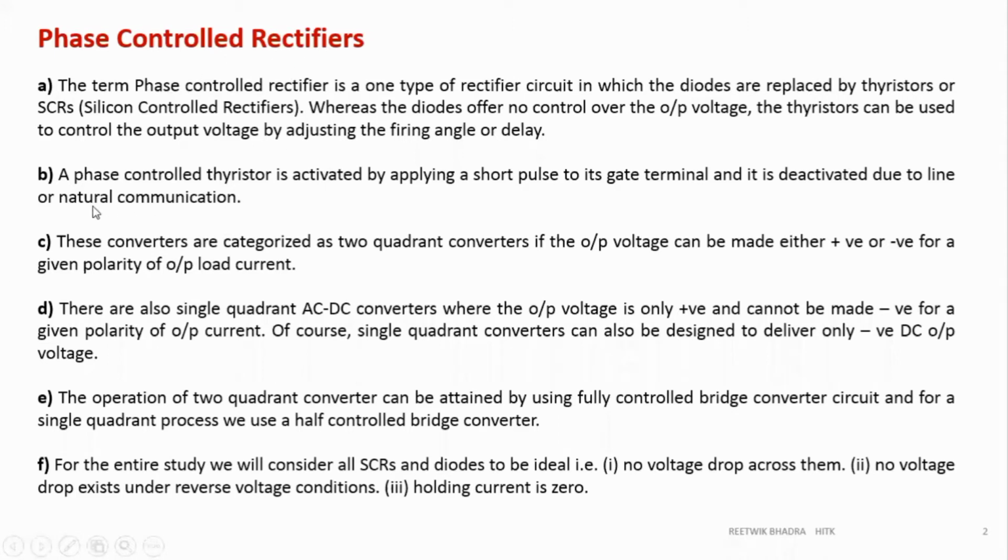This type of converters or rectifiers, sometimes you may hear this word converters. You always use the term rectifier, but don't get confused. We can use the word converter instead of rectifier also. Okay, so converters are classified into two quadrants over here. We will later see it over here. Why two quadrants? Think about the quadrants of operation which we had studied in chopper. Like that over here, there are no four quadrants. In chopper there are four quadrants, but here only two quadrants are applicable.